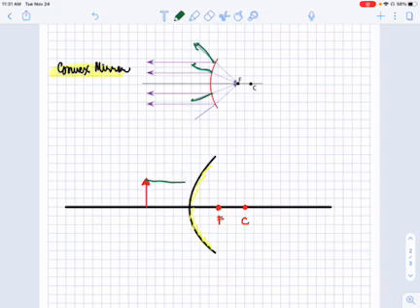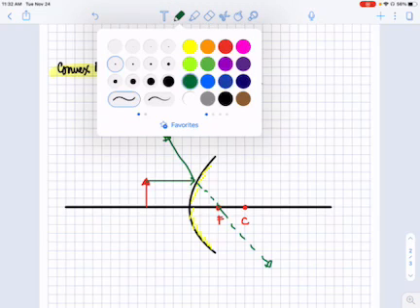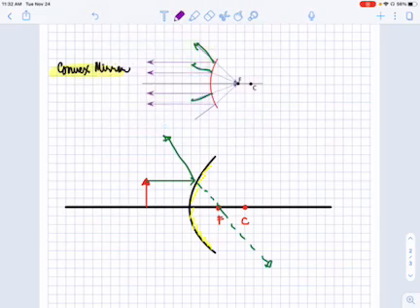From the tip of the object, okay? So actually it will diverge, right? This is the reflected ray. This is the reflected ray. But we assume that after which, where will it go? It will be passing through the focus, the virtual focus. Same with ray 1, from the previous discussion in concave mirrors.